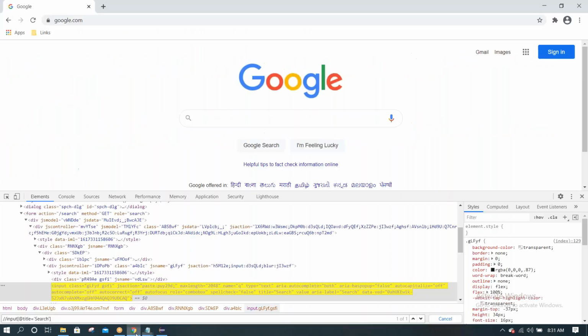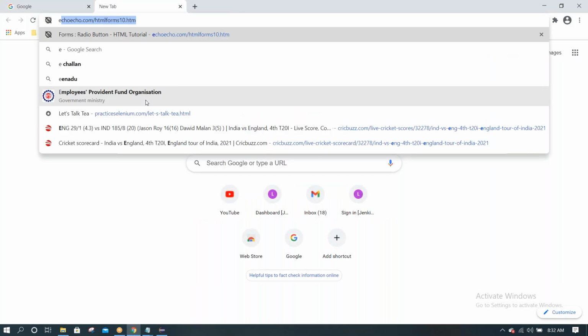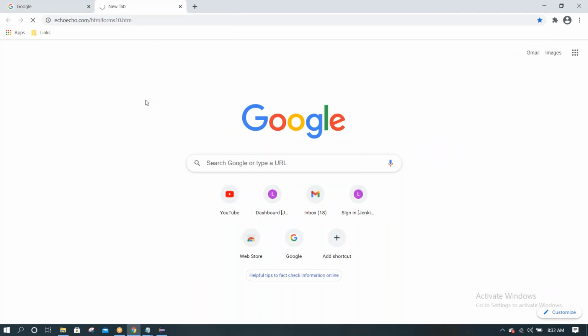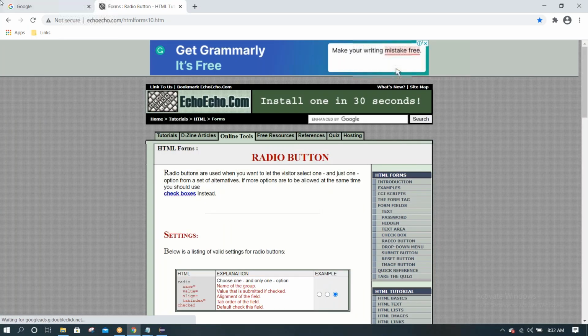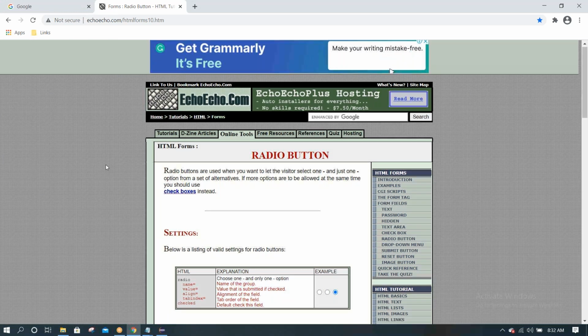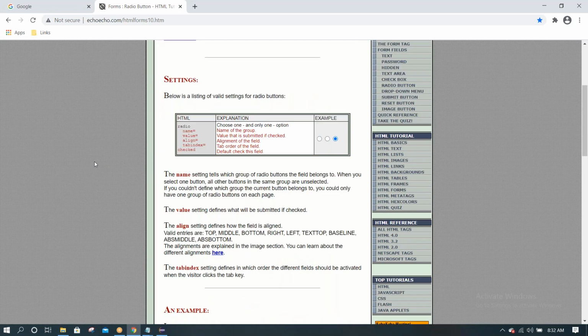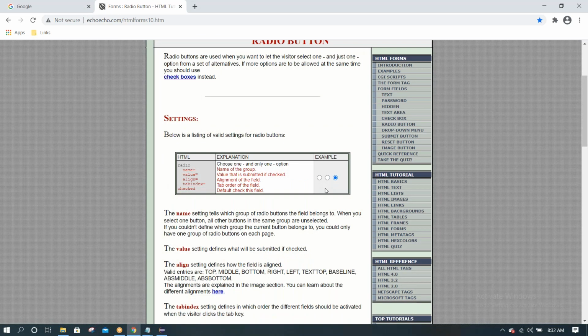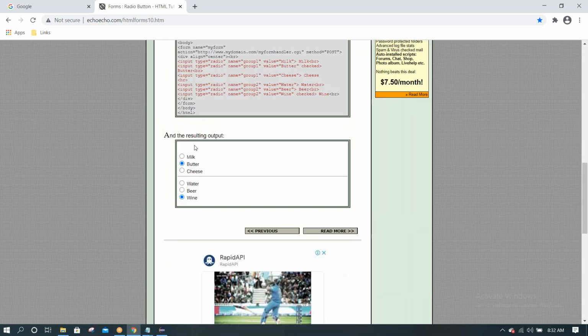Okay, let us discuss another example. Here in this page, for example, 3 radio buttons are there.